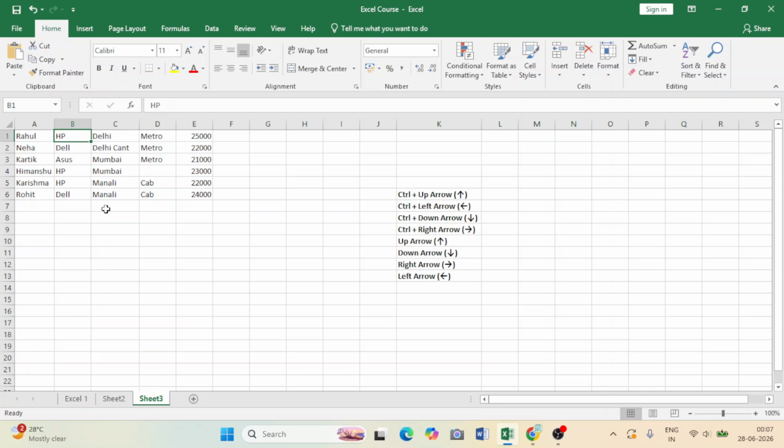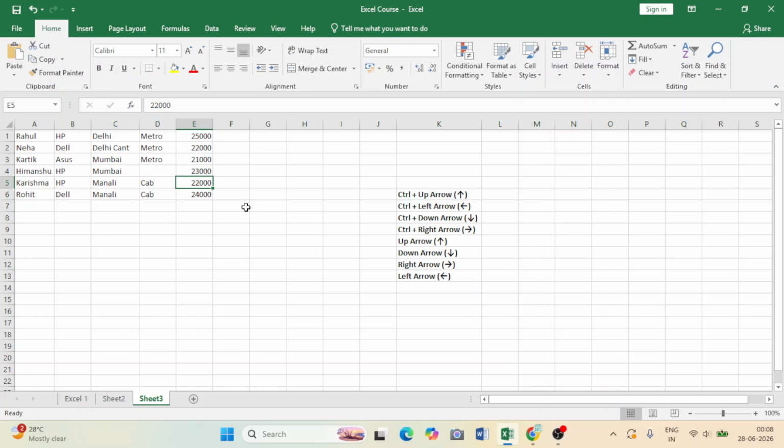If you notice, when we started from E6, E6 is basically a non-empty cell, because there we have data. In this case, it is 24,000, Rohit's salary. We are trying to move in the upward direction, but E5 is the adjacent cell. It is also a non-empty cell. That means there is also some data in E5, 22,000 in this case. So in such scenarios, Control plus up arrow quickly takes us to the last non-empty cell in the direction of your arrow key. In this case, it is the up arrow.